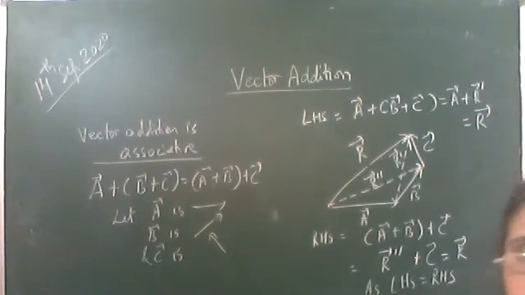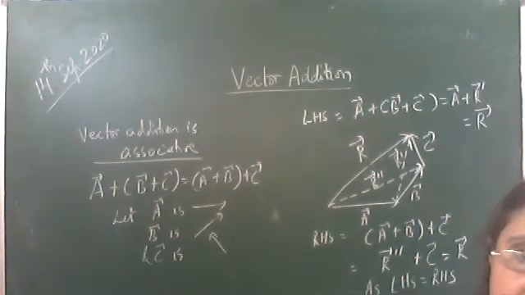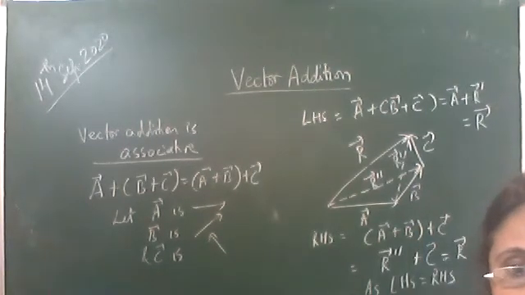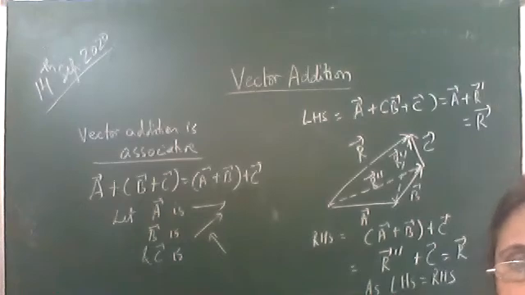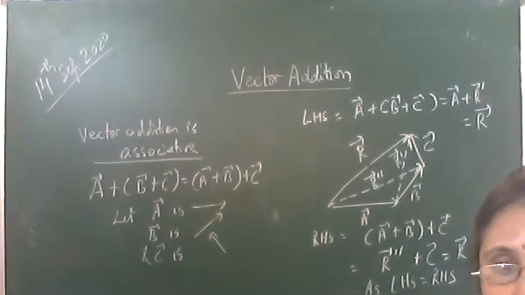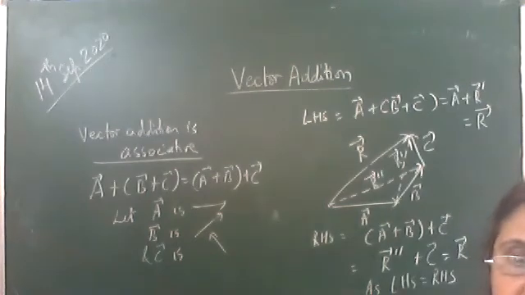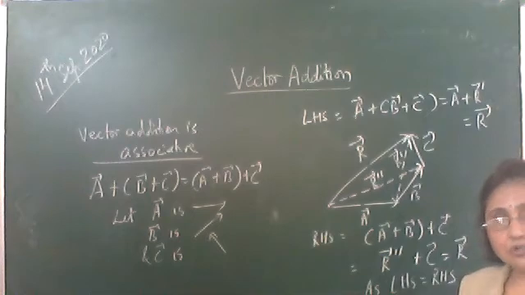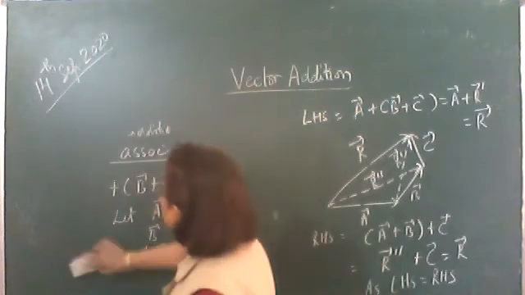Now, every time drawing and then finding the resultant is very difficult. So there are some laws of vector addition. Every time you have to add two vectors, first you have to consider a scale. You draw the first vector, from its head join the second vector, then you get the resultant, measure its length and find its direction, what angle it makes with the first vector. Very difficult. So some laws are given for vector addition. Let's study the laws of vector addition.